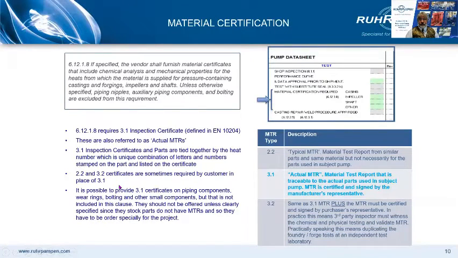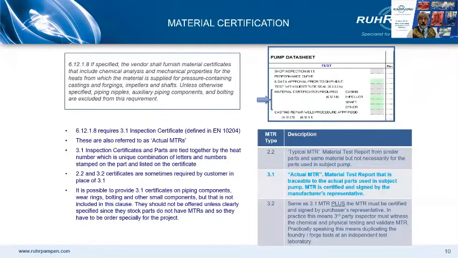Material certificates or material test reports, MTR. There are 3 types: type 2.2, 3.1, and 3.2. The 3.1 is often called an actual MTR. The test report is traceable back to the actual heat number inscribed on the casting or forging or plate or